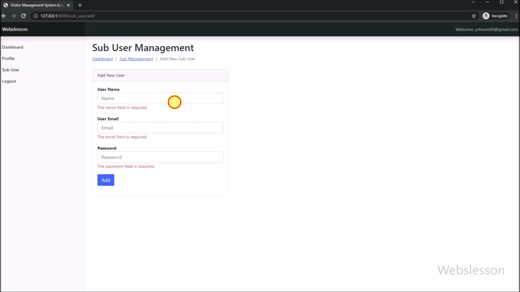Now we have to enter form data one by one. So in the email field, we enter peterparker@gmail.com. After this, in the name field, we enter Peter Parker, and in the password field, we enter password. After this, we click on the add button, and after clicking on the add button,